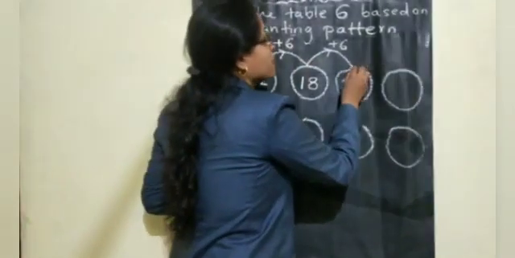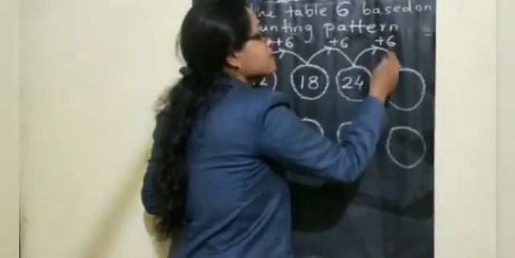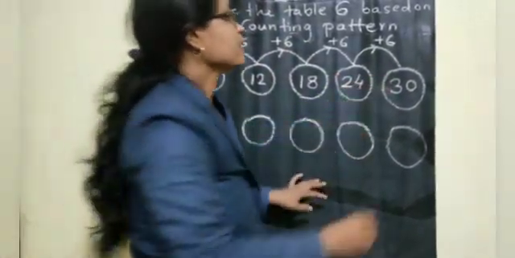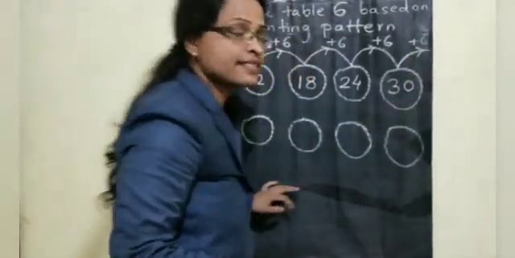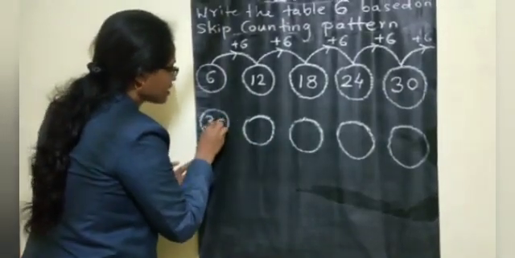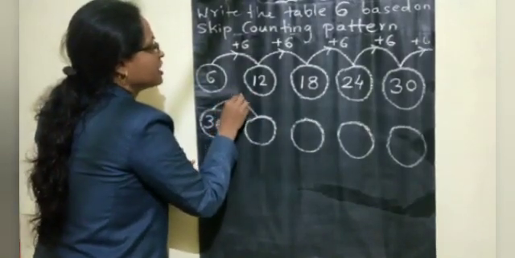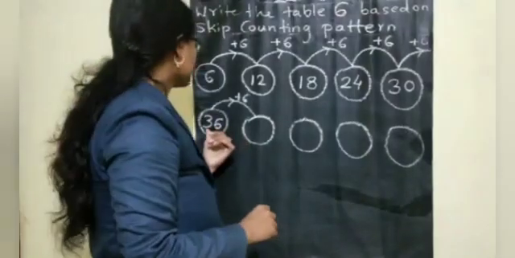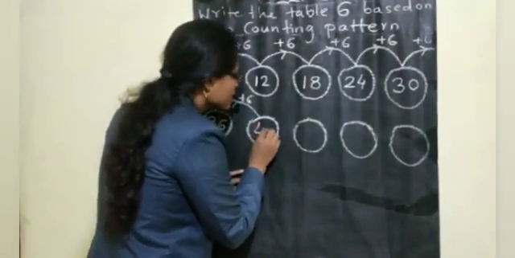Again for 24 you are adding 6 to get your next number. So 24 plus 6, you are getting the answer here, 30. Okay. Now again for 30 you are adding plus 6. How much are you adding? Plus 6. After adding plus 6 how much are you getting as the next number? 36. Now again you are adding plus 6 for the next number. So 36 plus 6 how much, children? For 36 you add 6. 42.